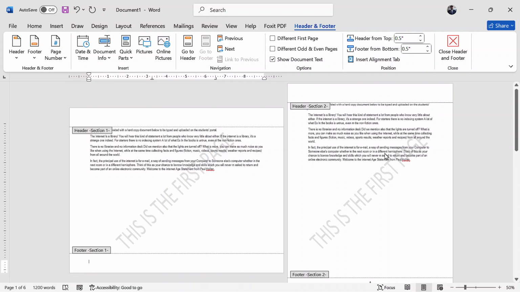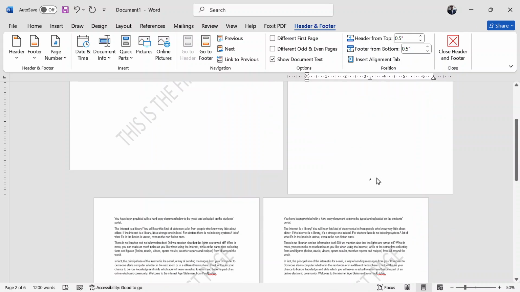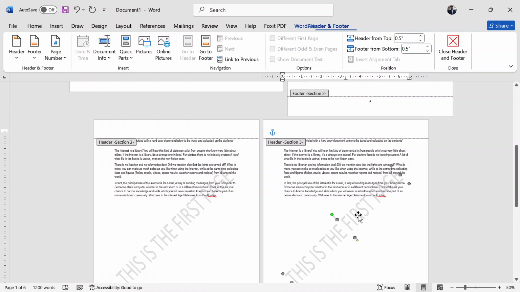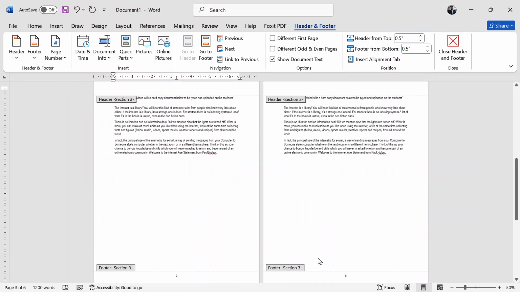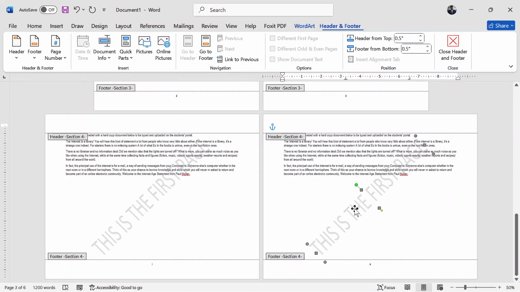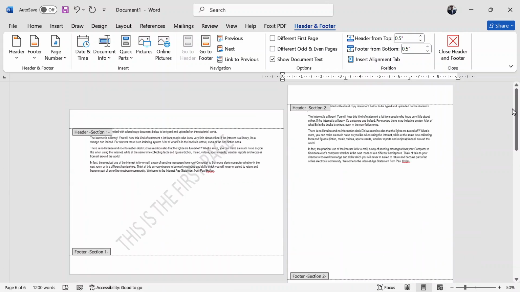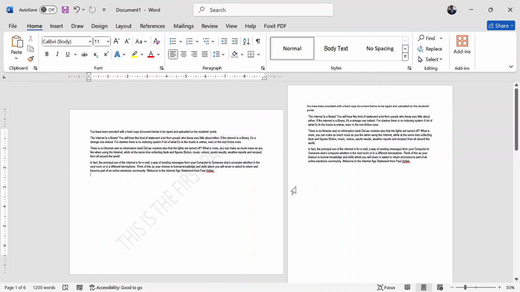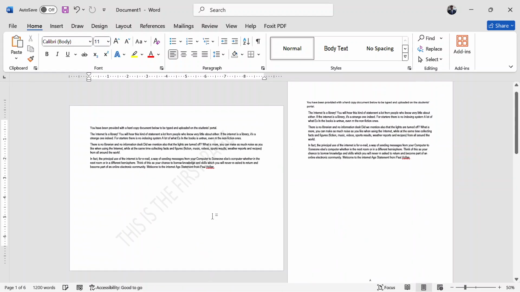So we want it to only be in section 1 of our page. So tap on the rest of the other sections where you don't want that watermark to appear, select it and delete. Go to those sections, move your mouse over the watermark that you want to delete, tap on it, and make sure you're careful and delete. It is deleted in those sections, and after deleting it, deactivate the headers and footer view, and your document remains with only one watermark on the page that you've decided to have it on.